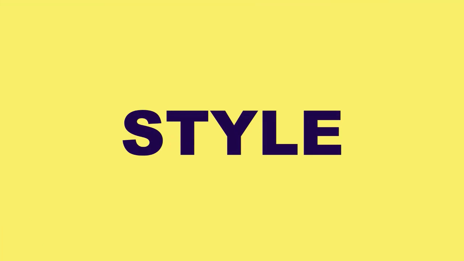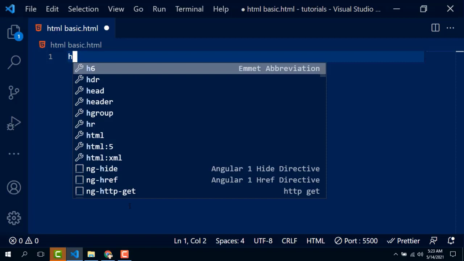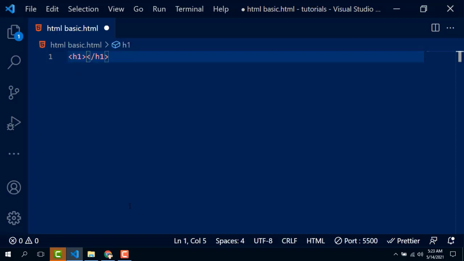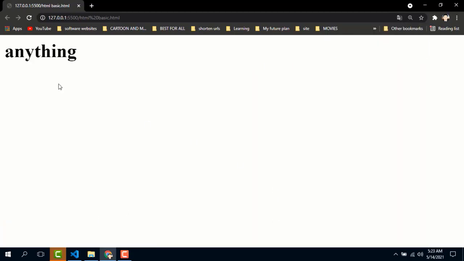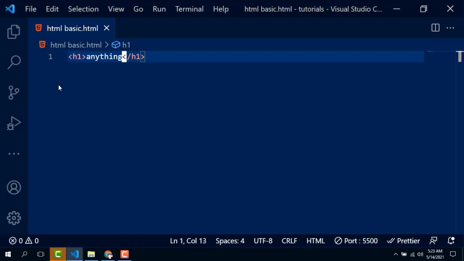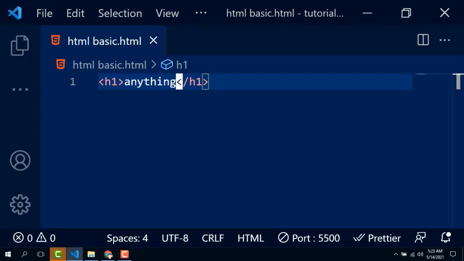Now let's talk about styling. So for example, I will clear my file and I will start my h1 tag here and type anything and hit save. And when I go to my browser and hit refresh, you can see here we have our heading 1. So let's make this color red. I will make my screen bigger so everybody can see easily,